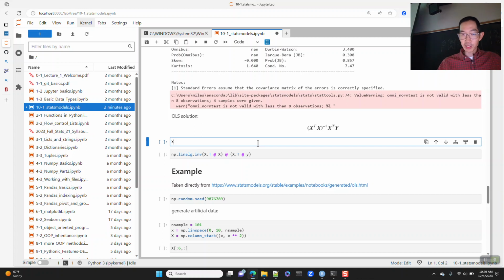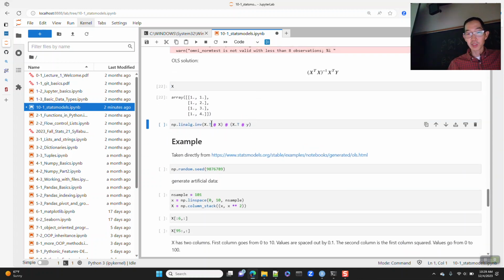Here we have a matrix X, and we could do the same thing. For x transpose x inverse, you call NumPy linear algebra inverse to take the inverse of a matrix. So I've got x transpose, matrix multiplication, and NumPy uses the @ sign. So x transpose x quantity inverse multiplied by x transpose times y